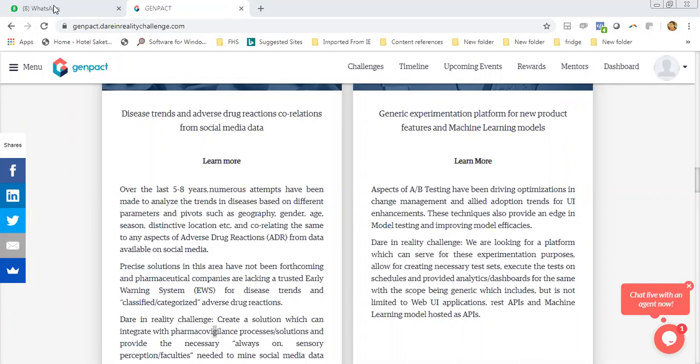Now, if there's no improvement between, let us say, the previous version of your product and the new one, then obviously, what's your business case to take it to the market? Which means you've got to go back to the drawing board and do something better and more efficient to make that product technically superior, to an acceptable level, compared to the previous version to take it to the market. So this problem statement is around that.